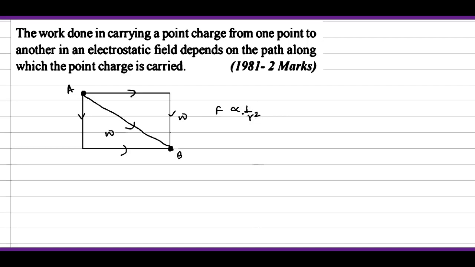1/r² होता है, और ये कंजर्वेटिव फील्ड होता है, मतलब कंजर्वेटिव इन नेचर। तो ऐसे फील्ड पाथ इंडिपेंडेंट होते हैं, तो ये फॉल्स स्टेटमेंट है।